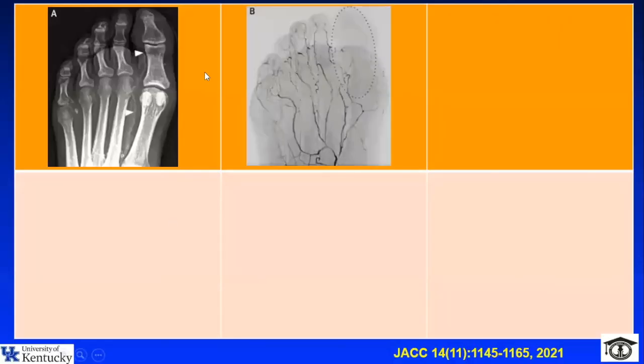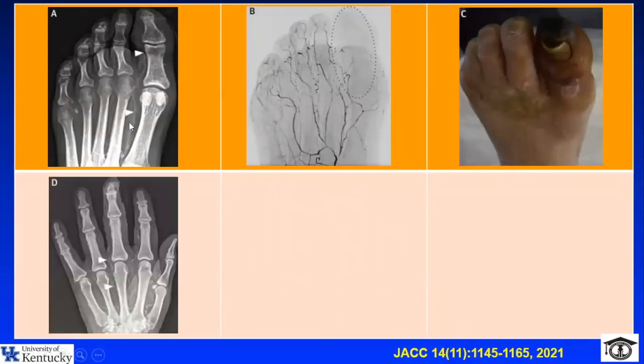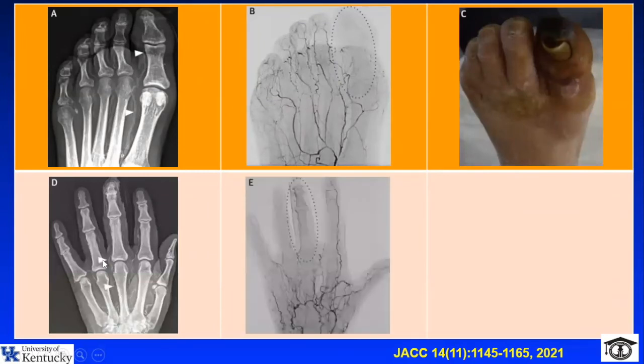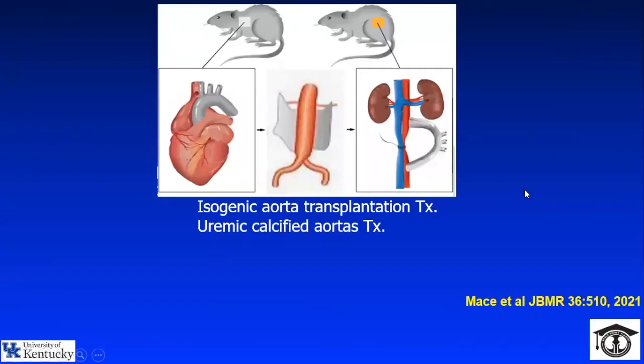And what we usually see is this calcification. This is a plain X-ray film. You see the calcification is everywhere, in the hand and in the feet. You see there is no blood supply to the big toe, and also no blood supply here to the middle finger. This is usually associated with very ugly, late and severe poor circulation to the leg and also to the middle finger.